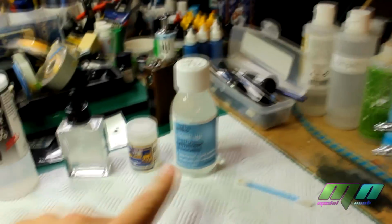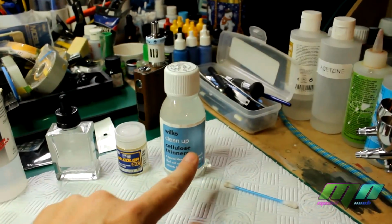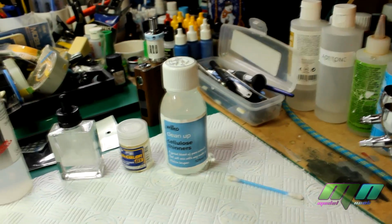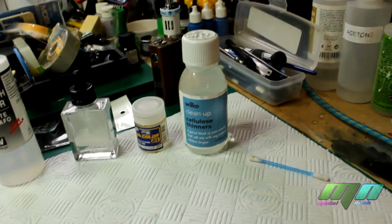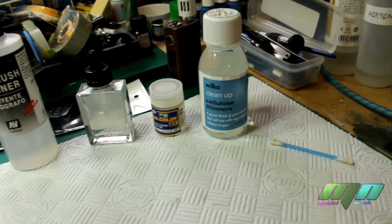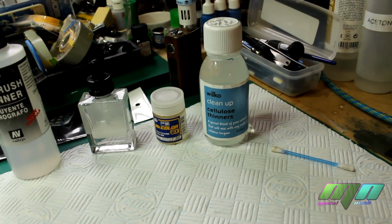So I used a bit of this cellulose thinner. Now, if you look at it, it says clean up, which would say to you that it's a little bit stronger for getting rid of the cellulose paint out of brushes or spray guns and things like that. So I did have some trouble when I came to spray. I was spraying it and things were coming out matte rather than the gloss that they should be, even at a low air pressure. So I got in touch with Matt Morosic,